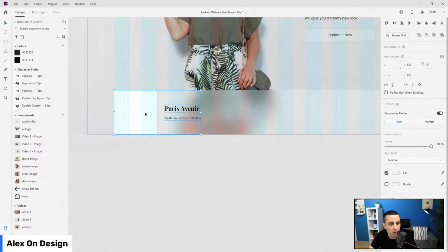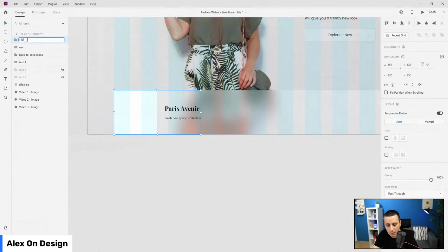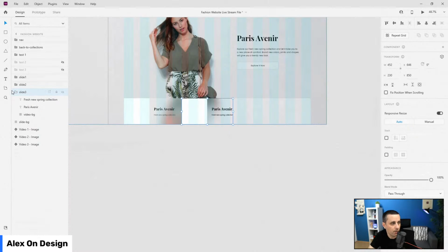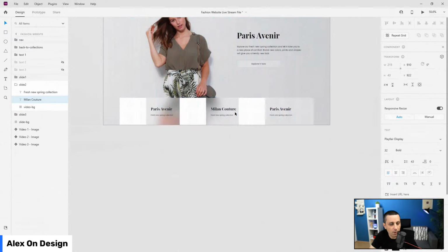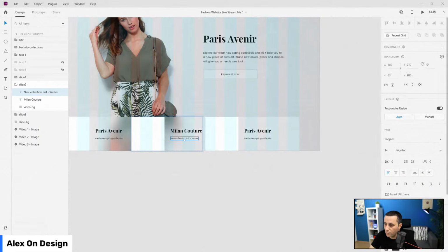And now we can go ahead and duplicate these, because we're going to have 3 of them. Let's actually, yeah, let's duplicate them. Control D. Before we do, Control Z, I can actually group them, and I can call this slide 1, position it just right here, and then Control D. And I can call this one slide 2 and move it like so. And Control D one more time, and we are going to call this one slide 3. Like so. There we go. And now for all of these, I'm going to call this, if I'm able to select it at all. So let's see from here. There we go. Real. And finally, for that text, I'm going to say something like this. And then for the slide 3,